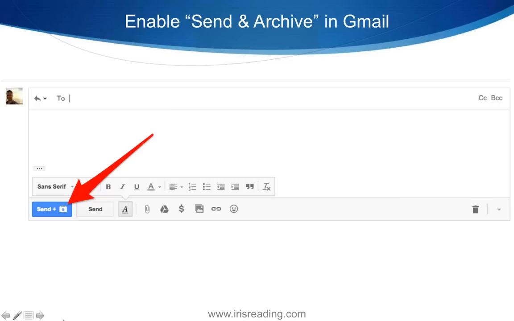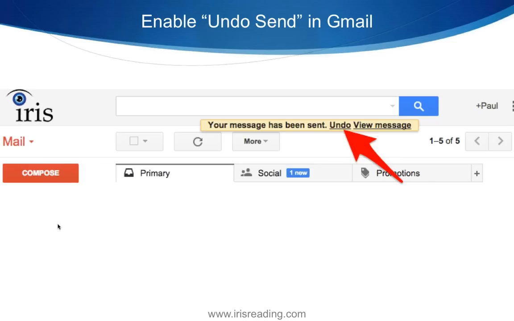What this will do, sometimes you just want to send it and automatically archive. This will give you that button right there. So instead of just saying send, it'll say send, and you see that little icon, that means archive. Or if you don't want to archive it, you could still just press the send button. That's it. But I find this to be a time saver. Again, it's just saving me a few clicks, but as you would imagine, these clicks start to add up.